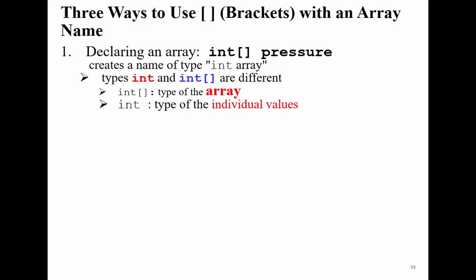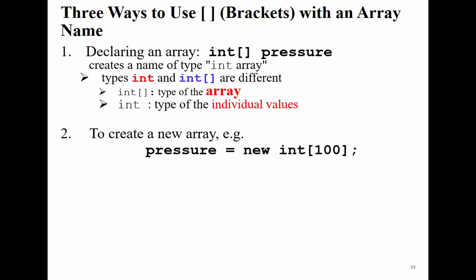Now, the bracket is very important to access the array. So if I use int with a bracket, this is not a data type. A primitive data type is integer. This is an array of integers, okay? So this is a new type. You can think of it as an array type. As I mentioned, it's not a primitive, but is most likely like an object. Now, int with a square bracket is an array, and int by itself is a primitive data type, representing a value.